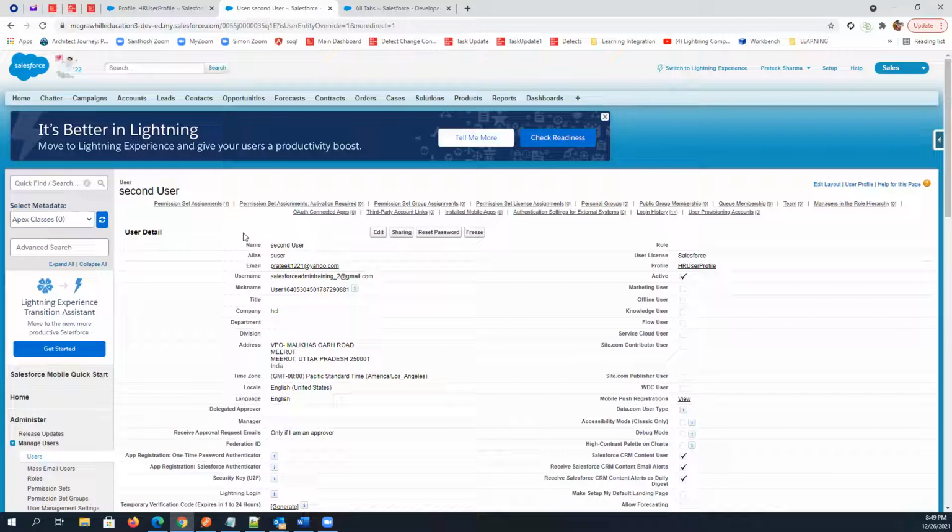So let's say they will give you a scenario like, I have 10 users with the same profile and I want to remove some permission for a particular user. Then what will you do? Guys, what will be the answer for this scenario? So we'll have to create a new profile. Absolutely correct, because we are decreasing the permissions, right?